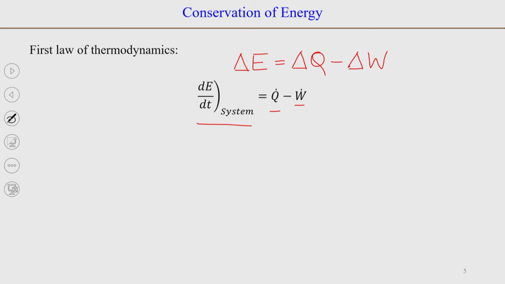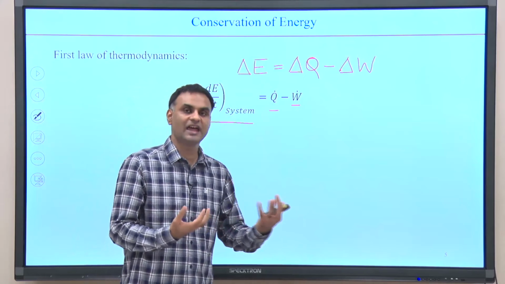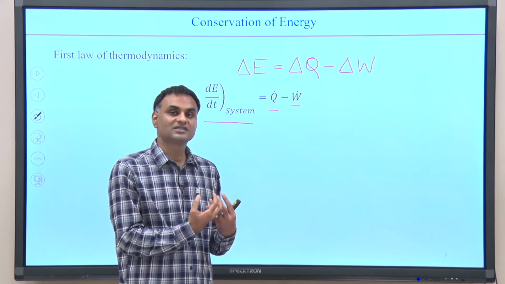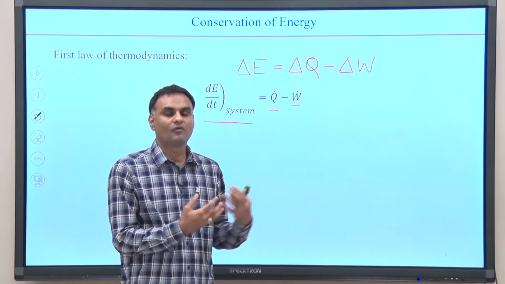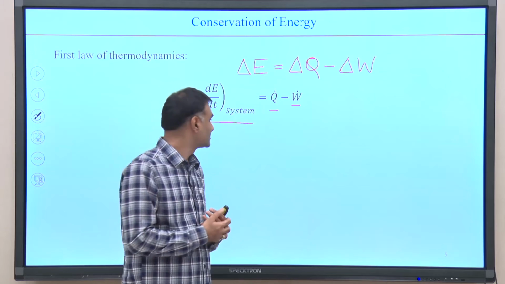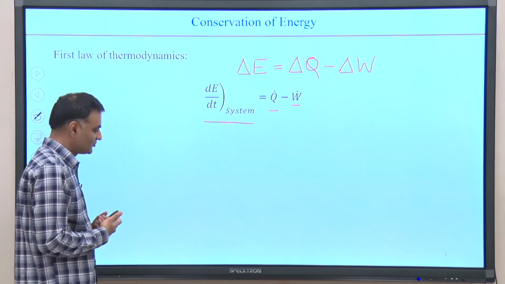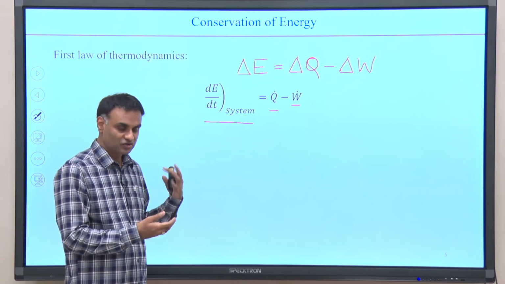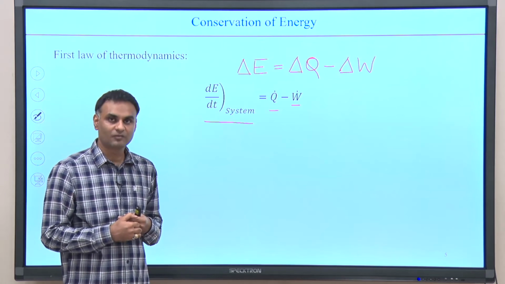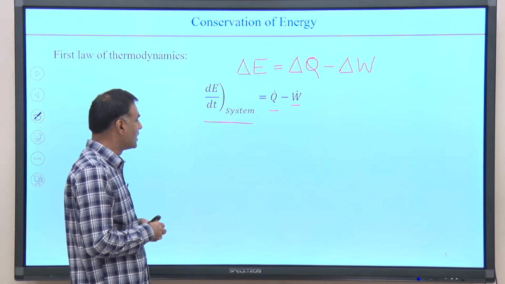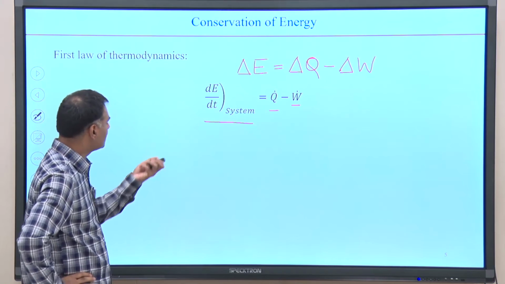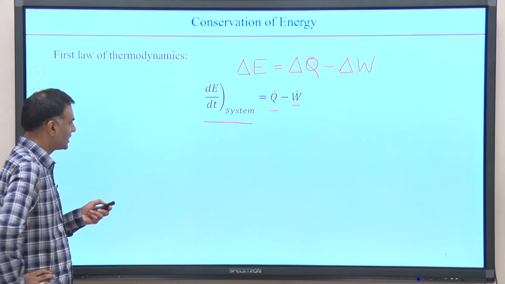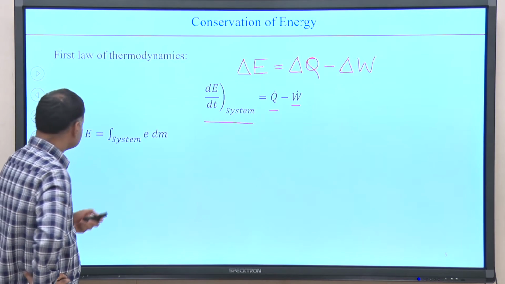When we talk about systems, we always have surroundings, that is, anything that is around the system, because the mass of the system is fixed. Around the system what is present is what we call surroundings. The system interacts with surroundings, and that interaction results in forces, as we saw in Newton's second law of motion or conservation of linear momentum. Here we are looking at the energy exchanges with the surroundings for a system.